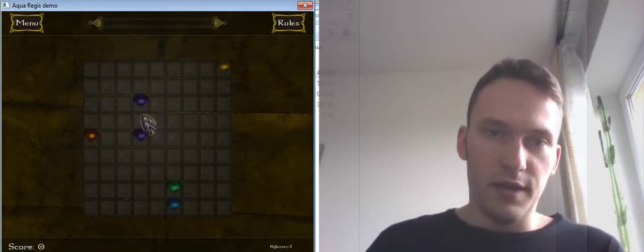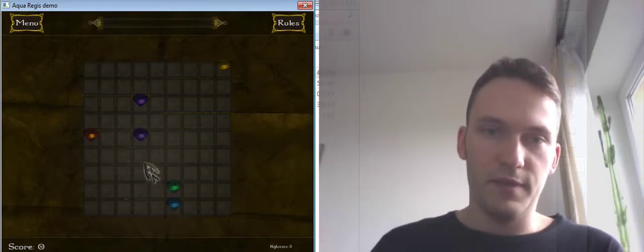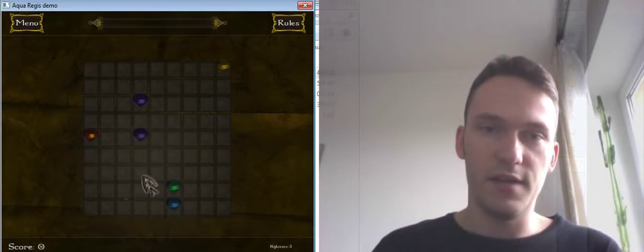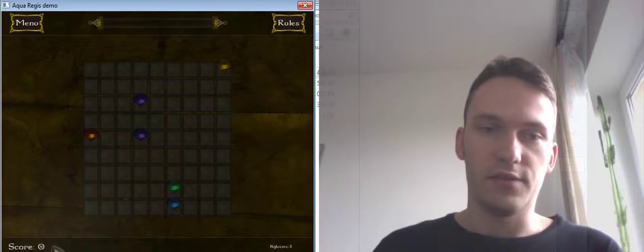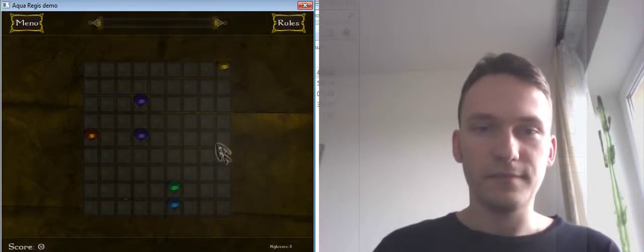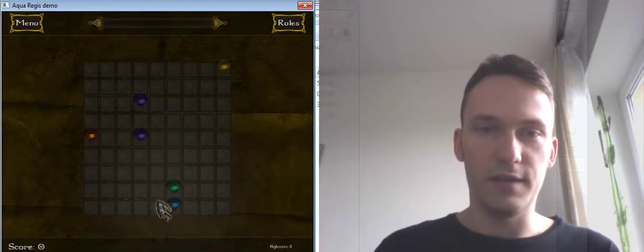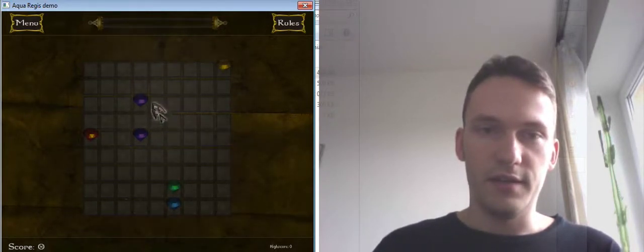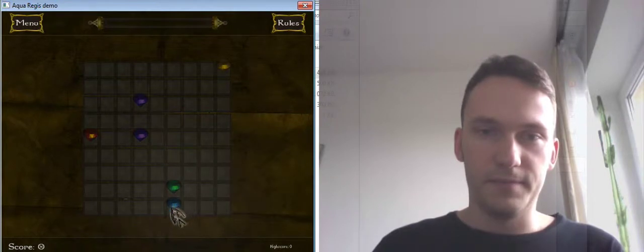So for example, we would like to have at least 5 of violet games in this line. So after you place at least 5 items, they disappear and your score increases. So as you can see, when I moved my game in here, the numbers of games on the map increased. So 3 new diamonds appeared.